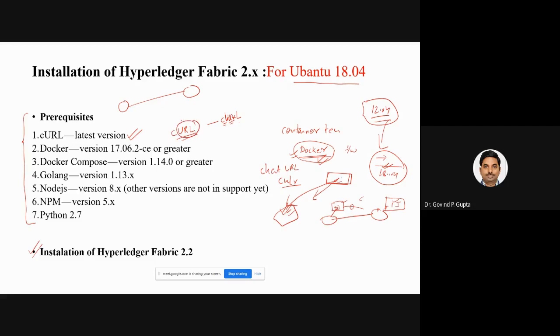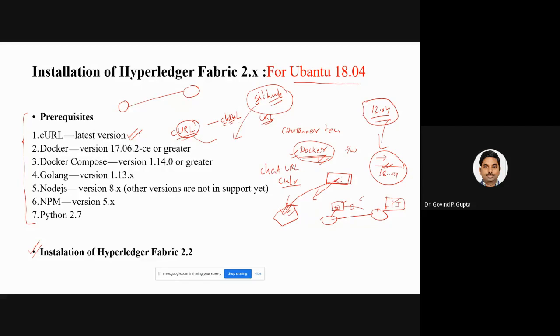Okay, so suppose you have stored your software at the GitHub. Okay, and suppose your friend wants your software, your own code. Okay, so by just giving the URL of the source to your friend, and your friend using the curl command, can download the whole software to his system.